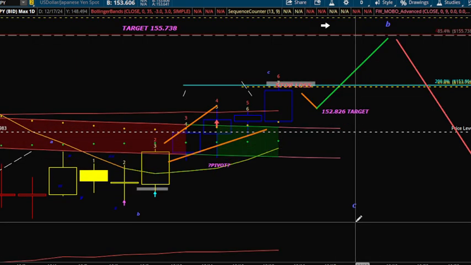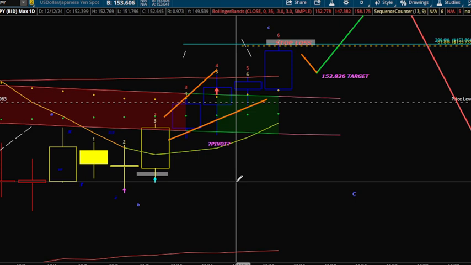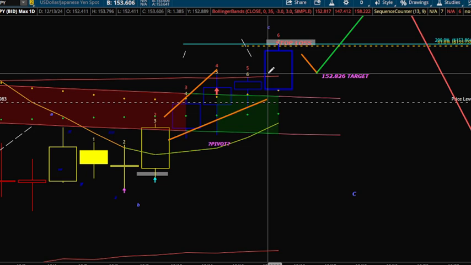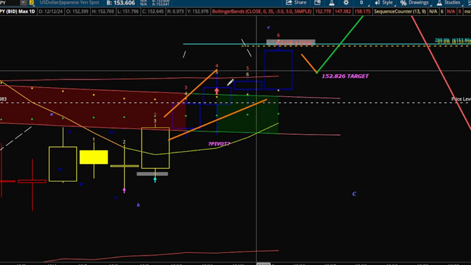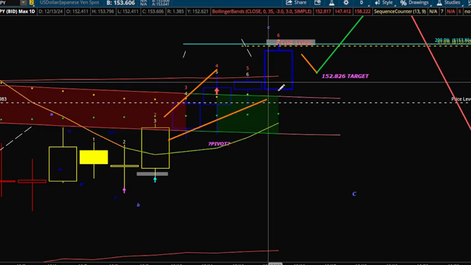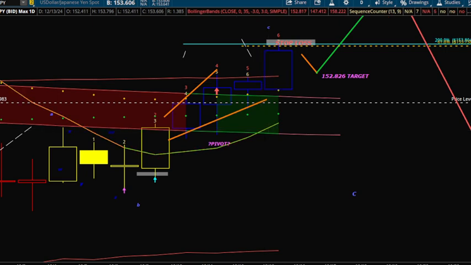I haven't shown this to anybody yet, so this may be new, but the move up here tells me it's weak. These crossovers though indicate that they helped with the push up,